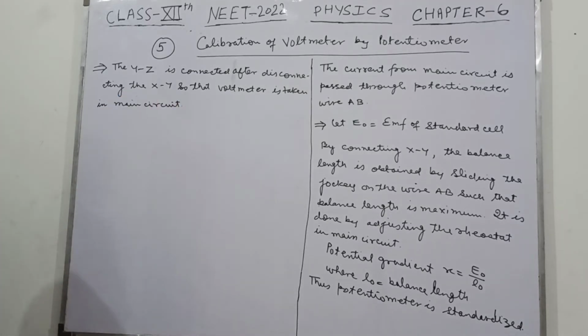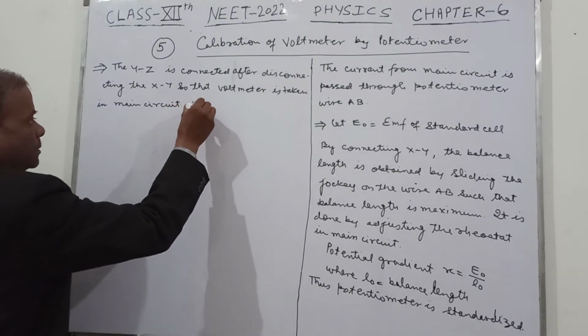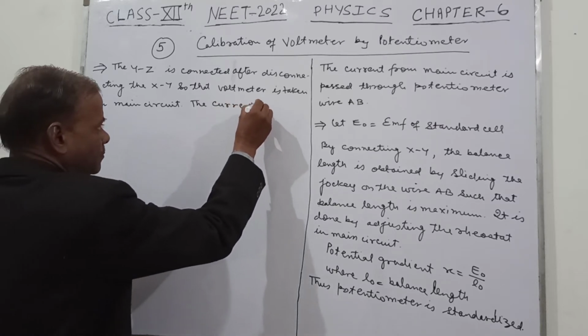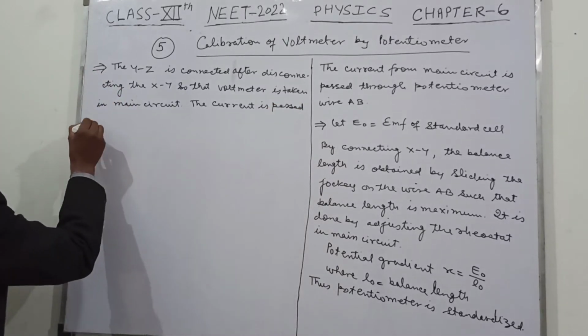In the main circuit, the current is passed in the voltmeter circuit